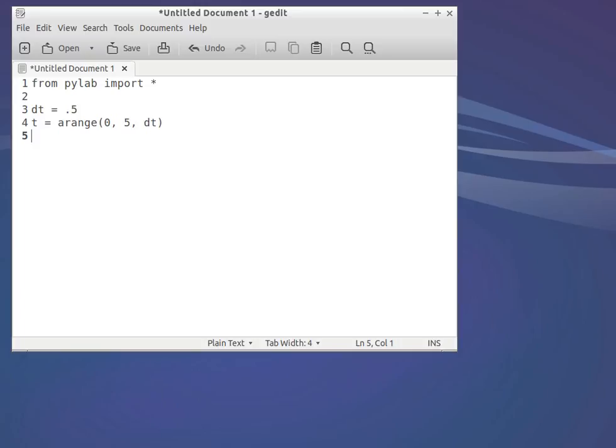And now our distance, let's call it y, for the time being we will make some value, like suppose it is 2 t square. So this is quite arbitrary, but let us see how it looks. So now if we plot t versus y, say mark the points as well,